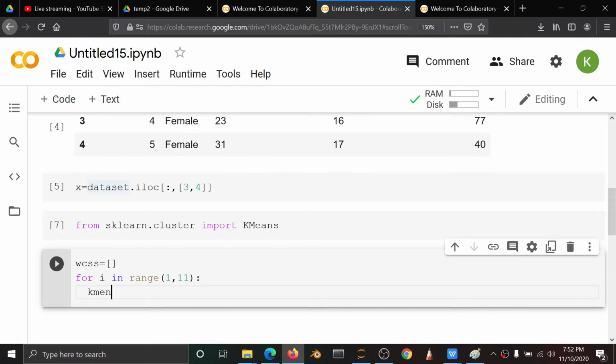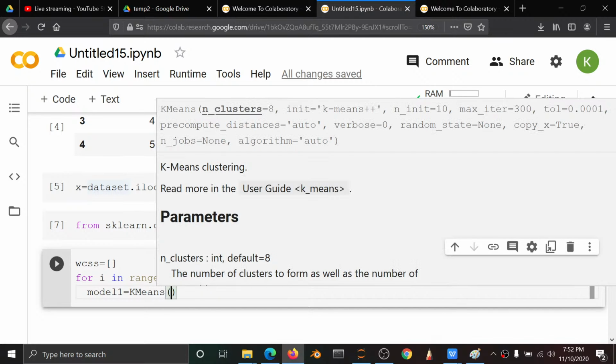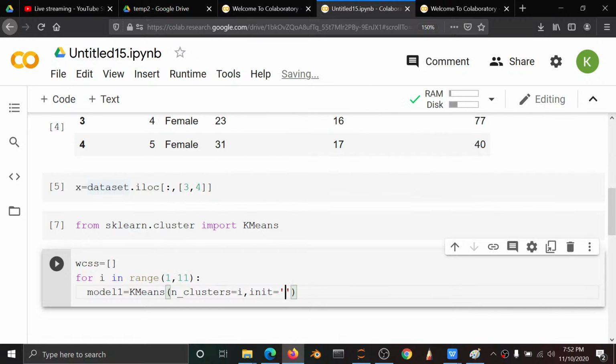am creating a new variable named Kmeans, otherwise I will use model1 equal to calling the Kmeans algorithm which I imported previously, and then I am using n number of clusters. The n number of clusters I haven't found till now, so I am iterating 10 times and giving n number of clusters here. Now I am going to plot the elbow method, so that's why we are writing the code for how we can plot the elbow method. Now I am using init, which is nothing but initializing the Kmeans here,